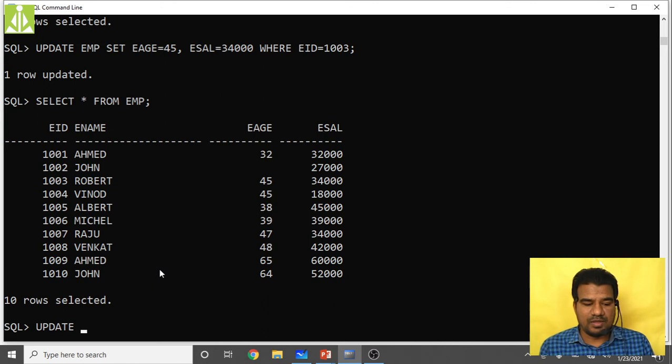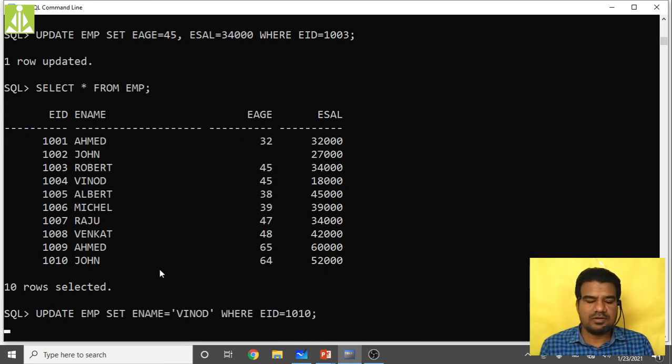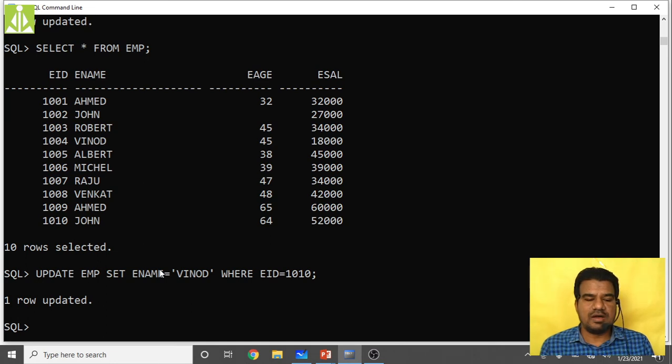Update emp, set e name equals to Vinod, where EID equals to 1010. One row got updated. So now 1010, previously he was John, now he will be Vinod.